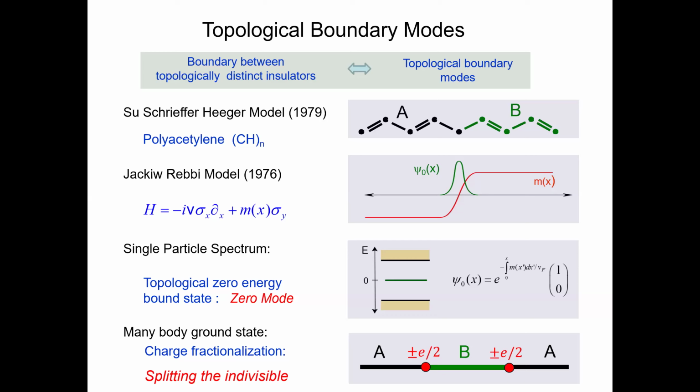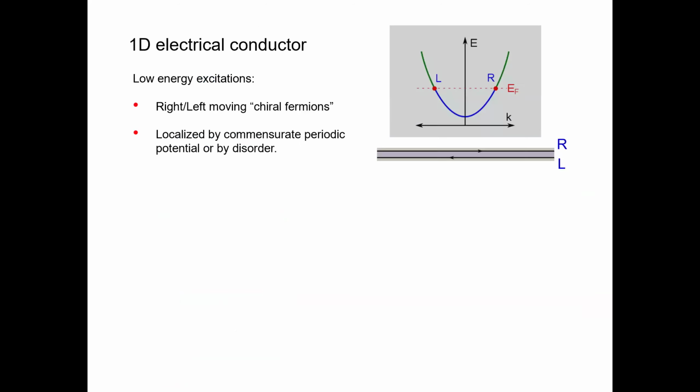So this is a simple version, and we can understand what's going on with this. My point is there are many more examples of this, and I want to try to step this up to higher dimensions. The logic I'm going to use is very similar to the logic I used in analyzing this polyacetylene problem. To step it up to another dimension, I want to start by thinking about a one-dimensional electrical conductor. So I can imagine I have a one-dimensional wire.